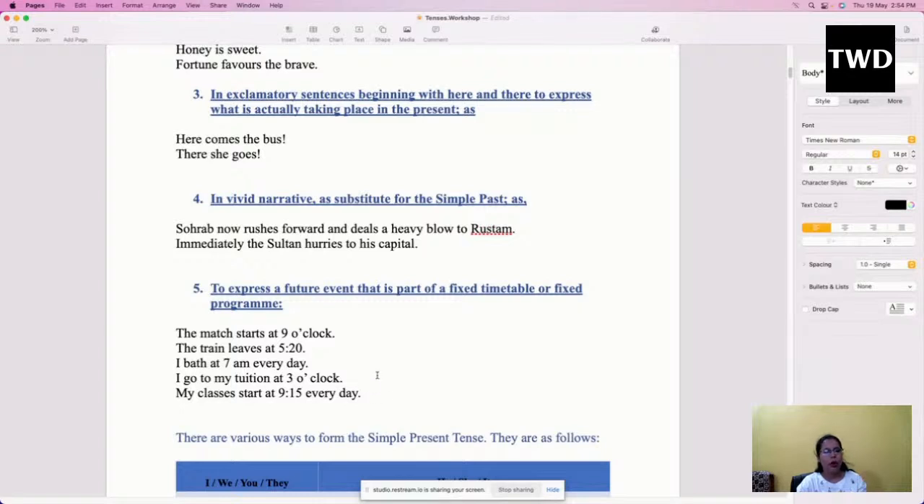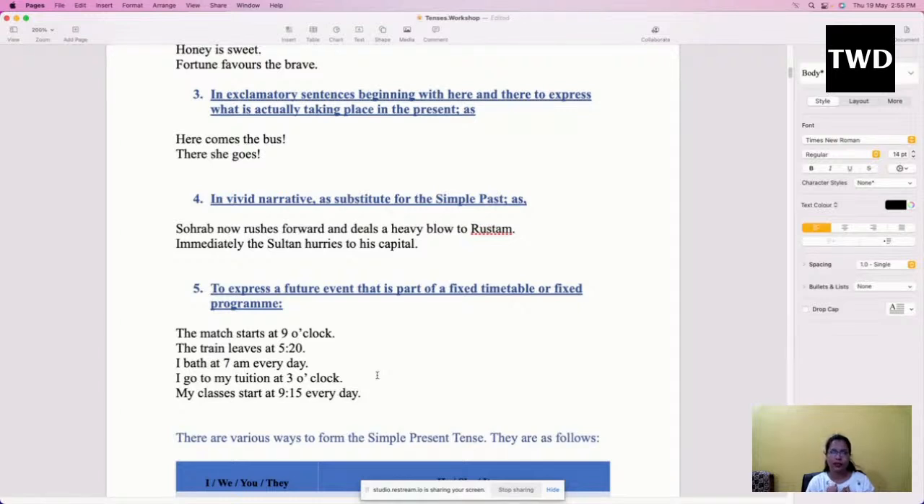So can you see all these have a fixed timetable? Even this session starts every day at a fixed time, that is 2:45. So you can see our English session starts at 2:45 p.m. every day. Whatever is happening around you, you can just frame it under simple present tense. So your exercise is